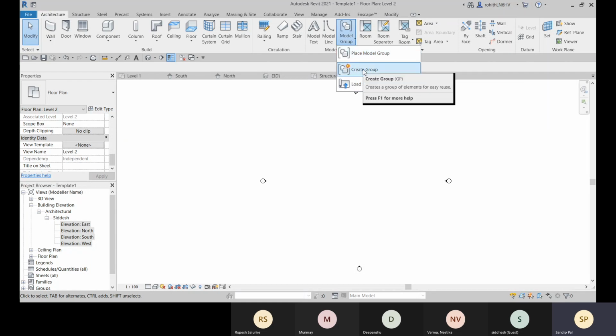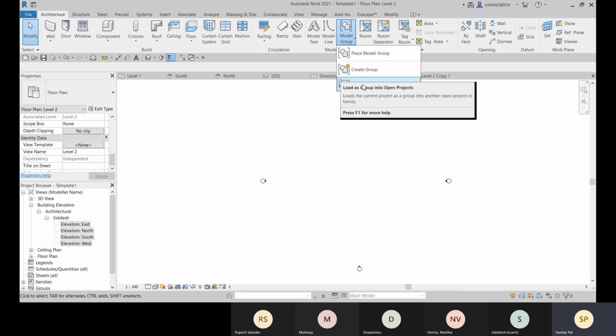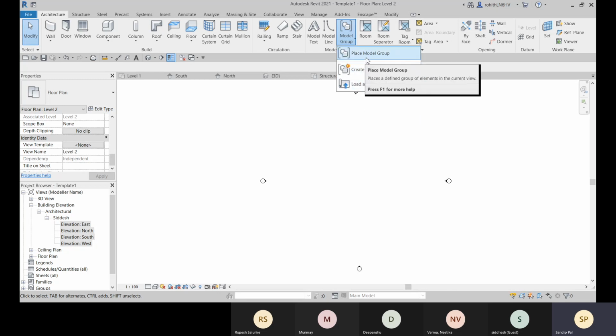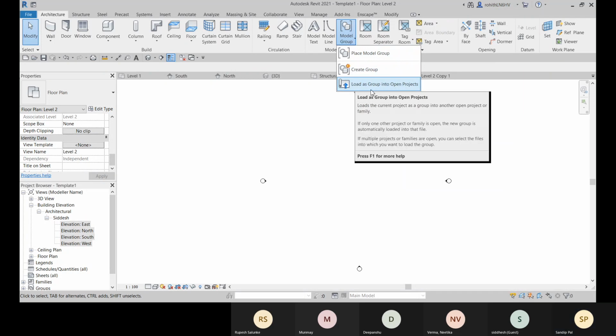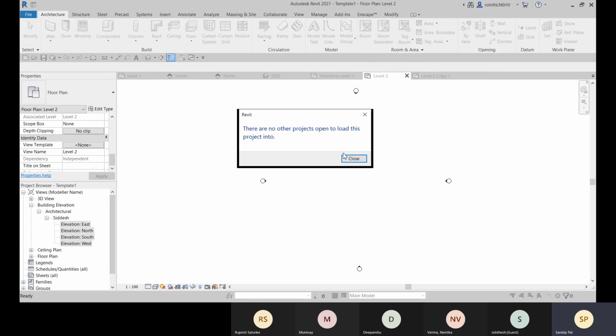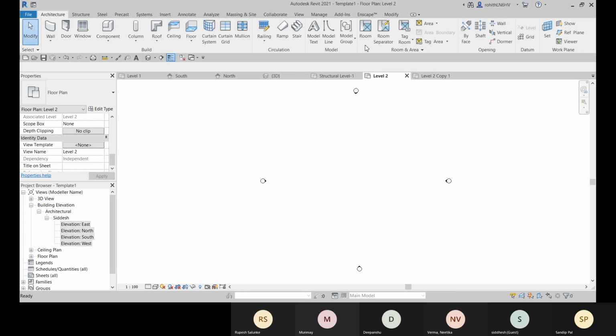Here we have the create group option. And if you have any group saved externally, you can choose place model group and load it into this current project. Right now nothing is there.